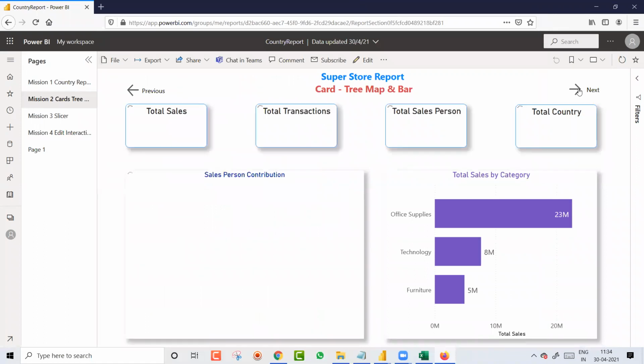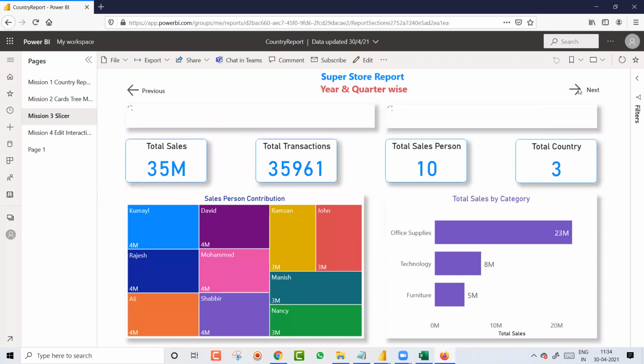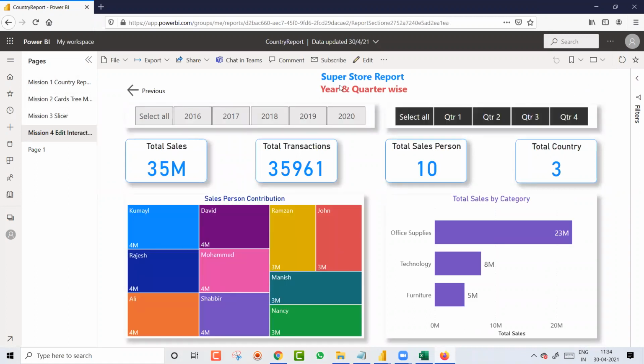When they click on next, they can see the third page, which I think is this one, and then the fourth page. Okay. So basically, and here also they can move. This all has been created automatically. So the intention of